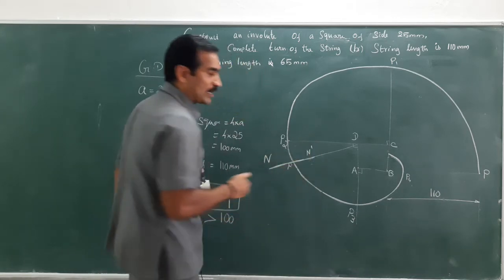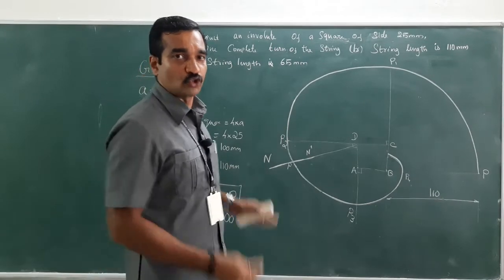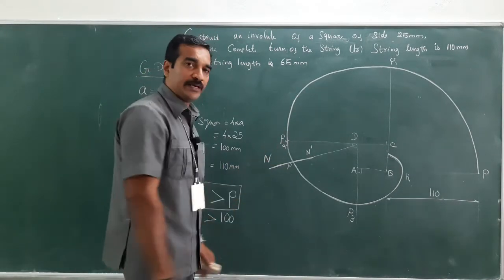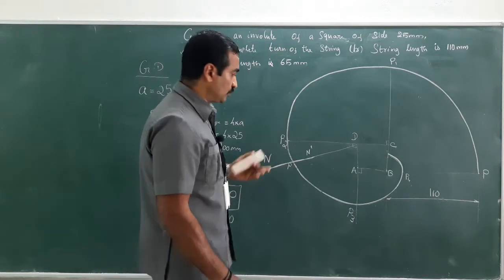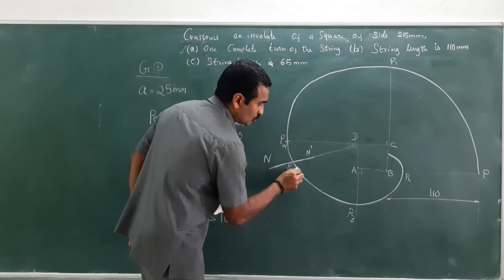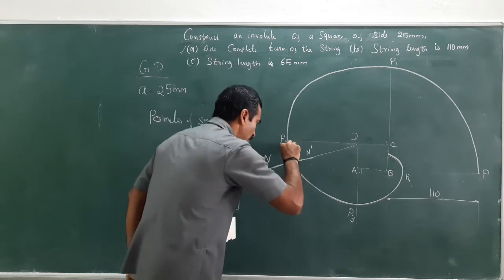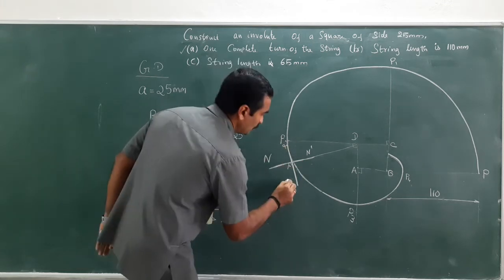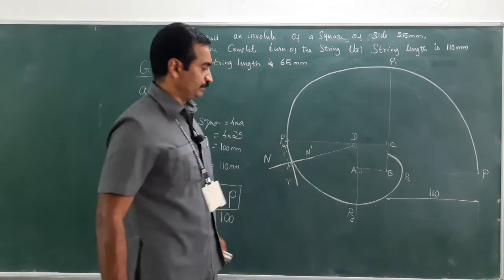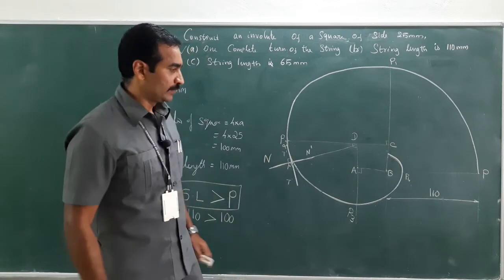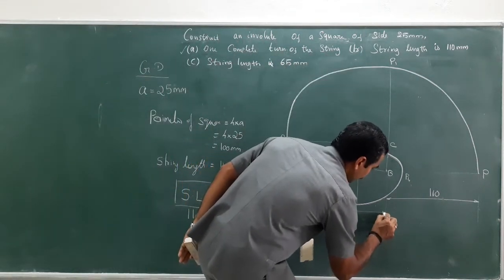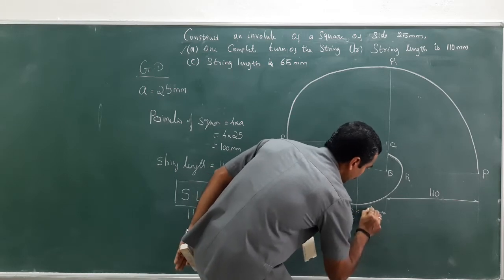A line which passes through the profile could be the normal. And what about the tangent? Always it would be perpendicular to the normal. So keep your protractor in this manner, choose 90 degree and draw a line. This could be T, T dash, and this would be 90 degree. Next, the dimension for the square, that is 25.